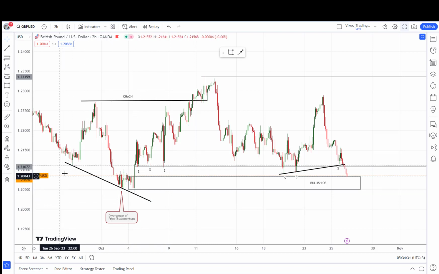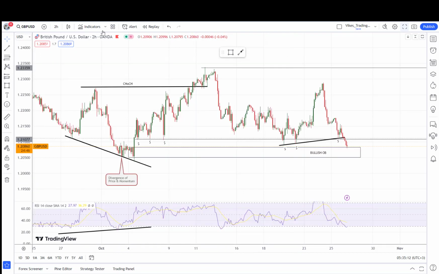So initially, in late October, we did see the formation of a W pattern, which is a reversal pattern. This is a bullish reversal pattern, indicating that bearish momentum is decreasing and that bulls are entering the market. In this case, we always look at divergence of price and momentum, whereby we use things like RSI. So in a W pattern, you always notice these are low, these are high, then we form a lower low. But in divergence, we always do see